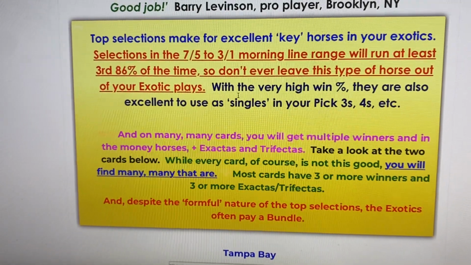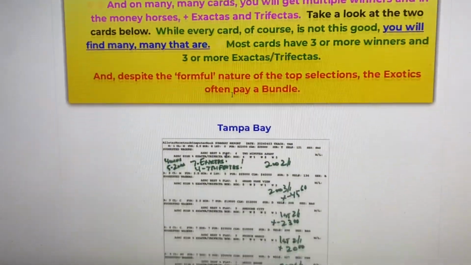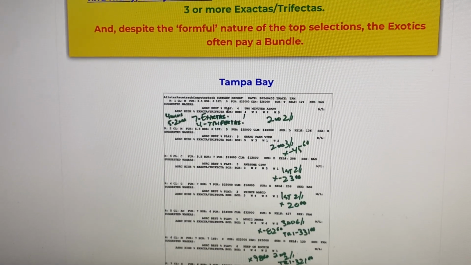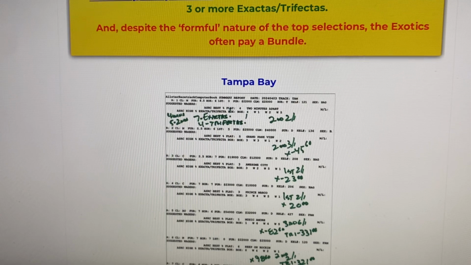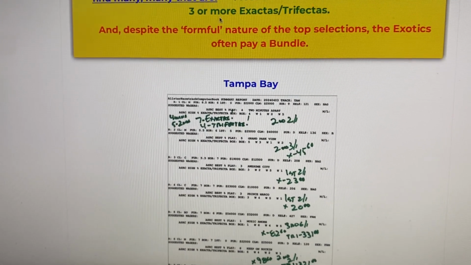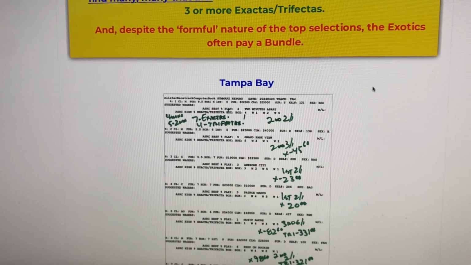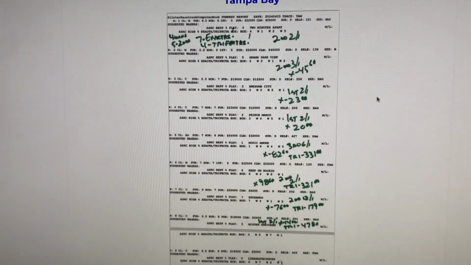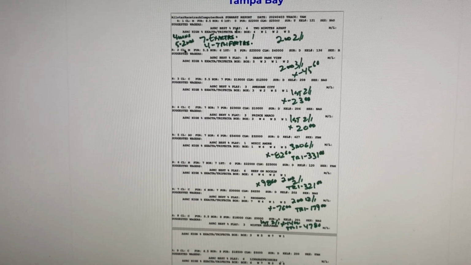Also, they can be really good for singles and pick threes, pick fours. And another really nice thing, on many cards, you will get multiple winners, plus exactas and trifectas. Most cards have 3 or more winners and 3 or more exactas and trifectas, and on some cards, it just really blows you away. Here's a Tampa Bay card with 4 winners, 5 seconds, 7 exactas, 4 trifectas,